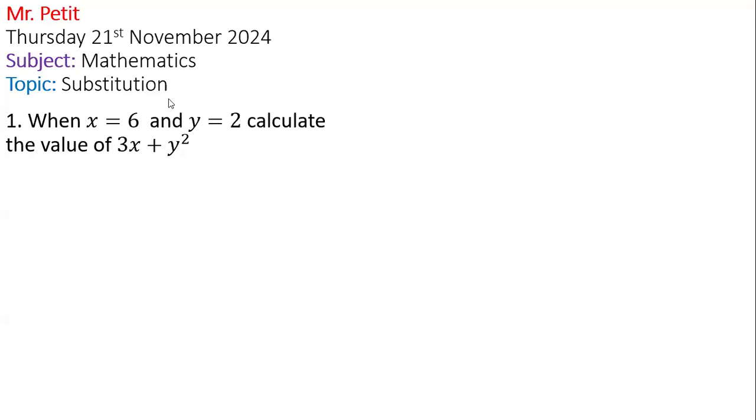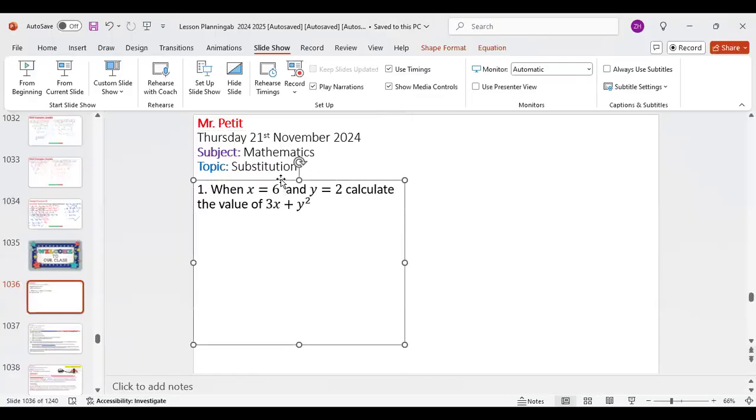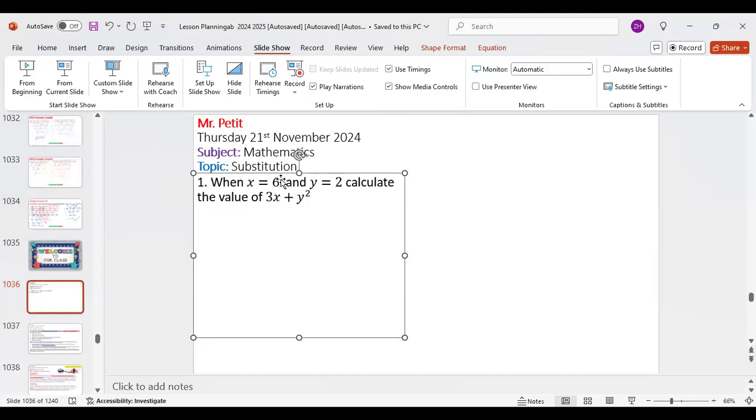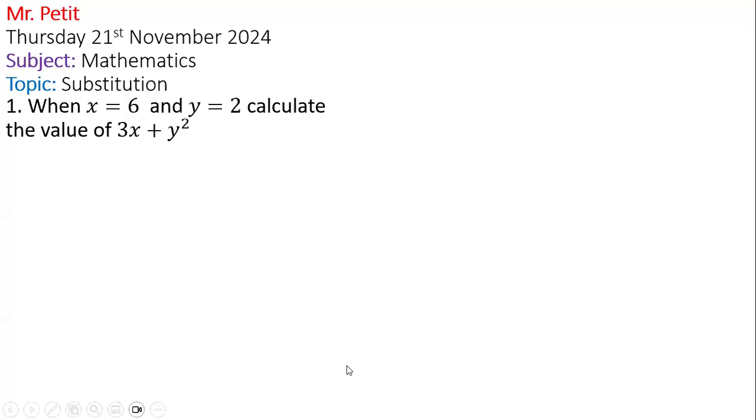How are we going to get this answer? What's the first thing we're going to do? You do 3 and then open bracket. First, we're supposed to set it up. Yeah, so let's set it up. Let's write our expression. It's going to be 3x plus y squared, and it's going to be equal to